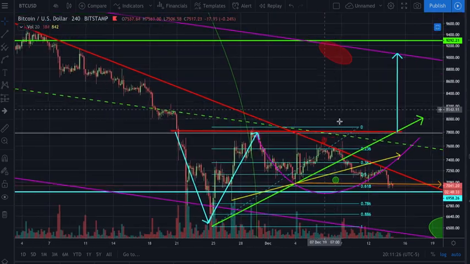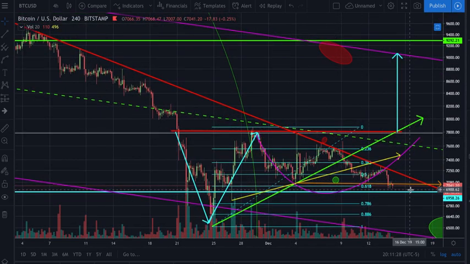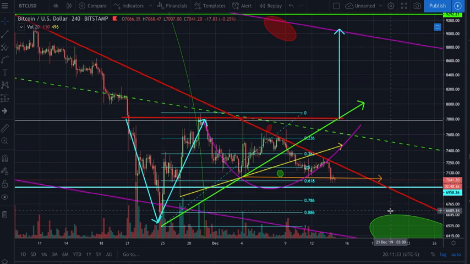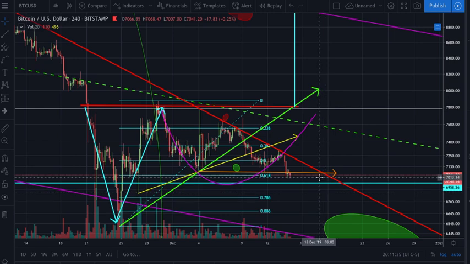But at this point in time, the way this situation is set up, the potential to the upside is much greater than it is to the downside, inside of this channel. It's a 4-to-1 trade. But does that mean that you want to take that trade? Not necessarily. Is it still a good potential trade to take? Yeah, it actually is. It's 4-to-1. 4-to-1 is a pretty good trade.